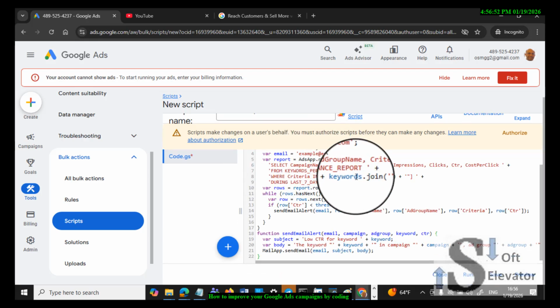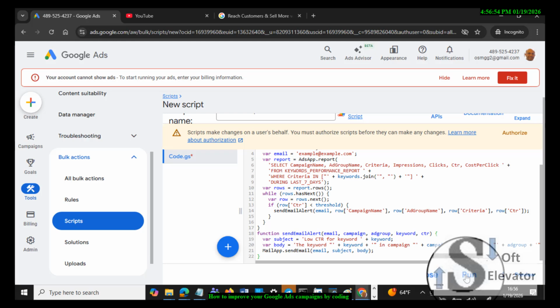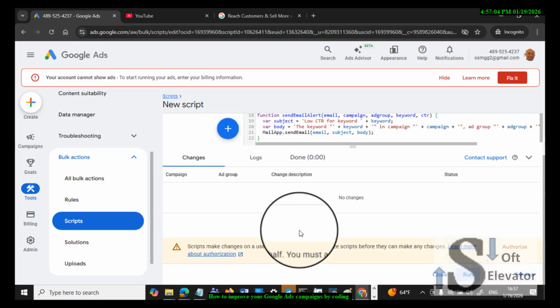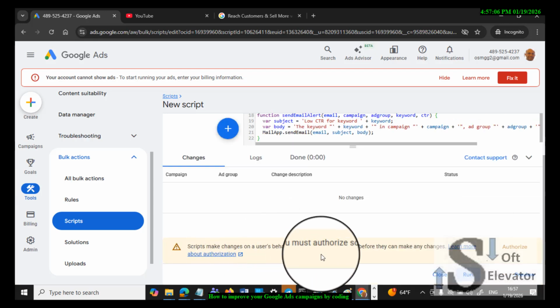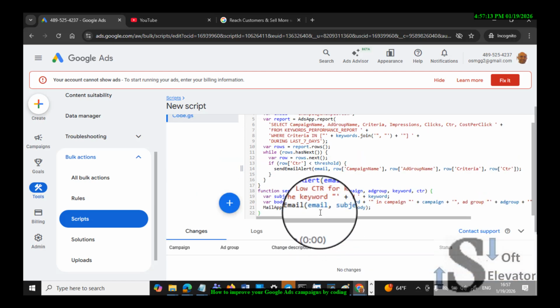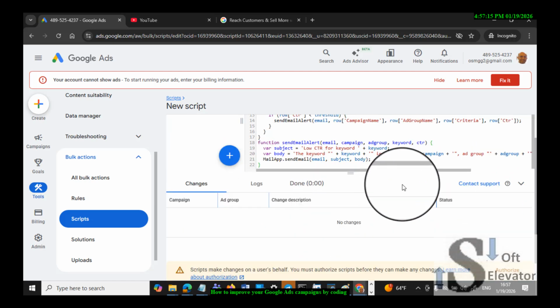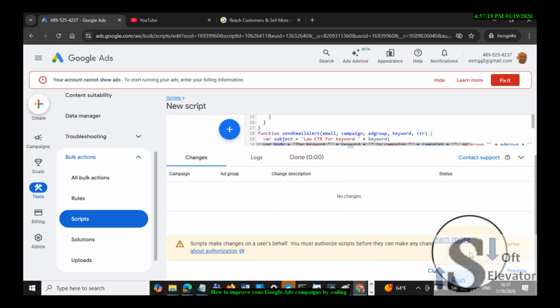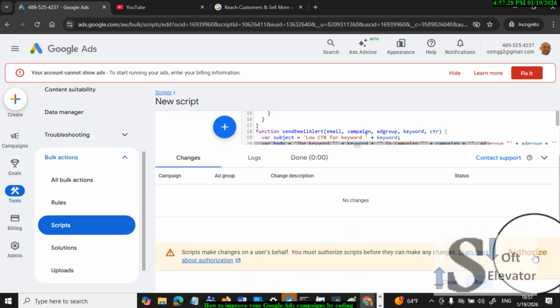Okay, so here you can run this code, you can save and then run this code. So here run with that or preview, first preview. So here if you have any errors, adjust your code. Okay, but here the problem was that there is a need to authorize here,